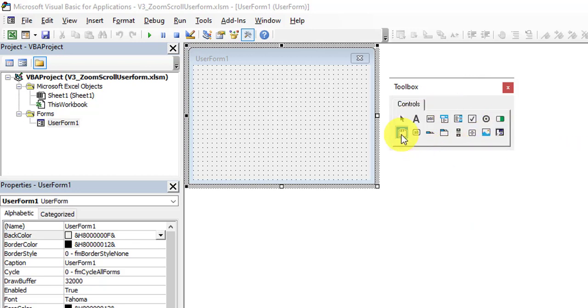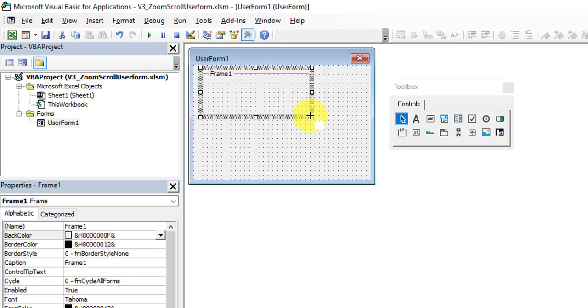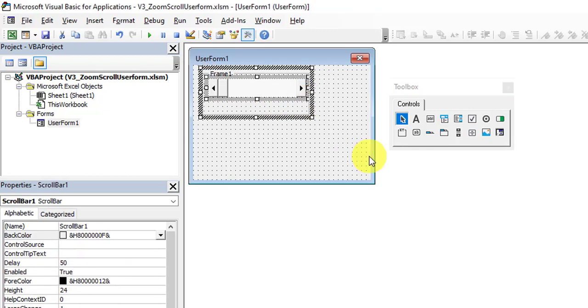Insert a frame to enclose the zoom scroll bar and the zoom label. Insert a scroll bar horizontally. Insert a label to show the zoom value.